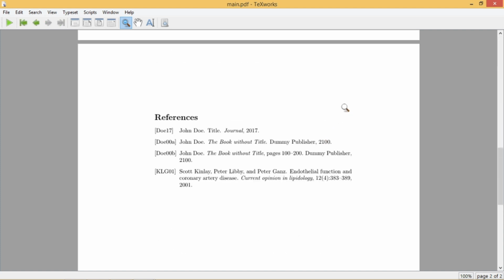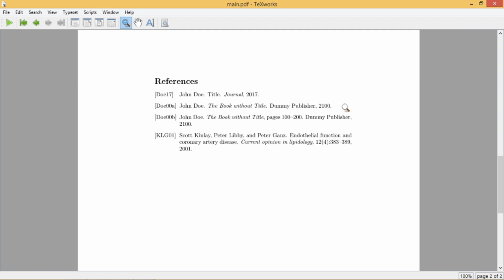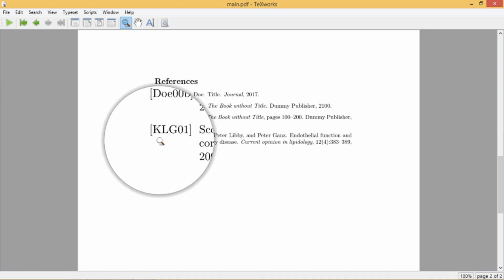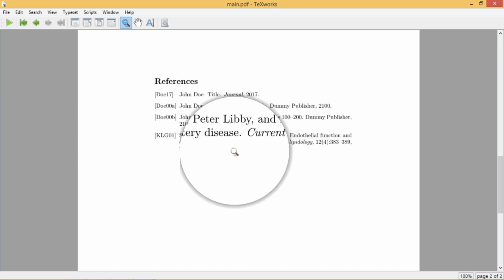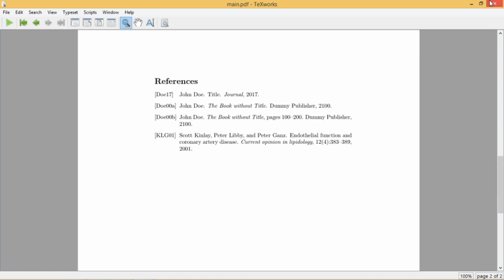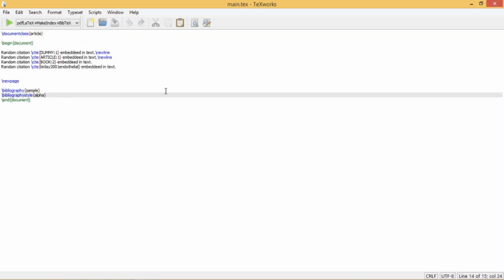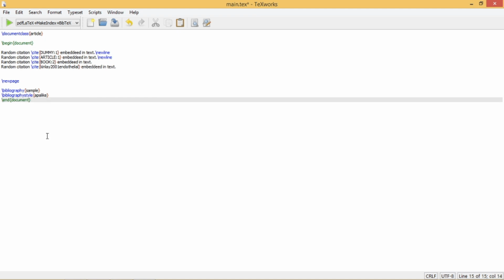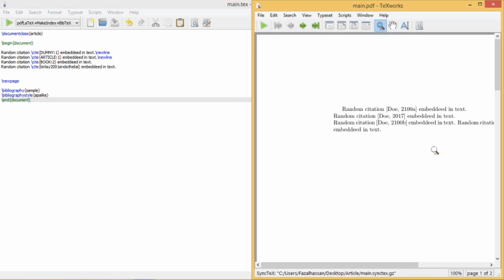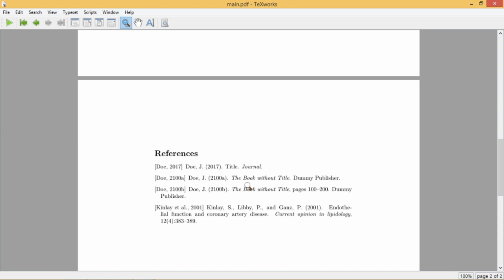Here you can see the LaTeX has automatically formatted your references. The LaTeX has automatically fetched the information from your database file and formatted it according to your desired style. I have mentioned in the file that the LaTeX should format it according to alpha style. So let me change this style. Let me change this style to APA-like. APA-like is actually the style name that the LaTeX supports. It is actually an APA style. When you compile this, the LaTeX will automatically format your references, the fetched information, in an APA style.